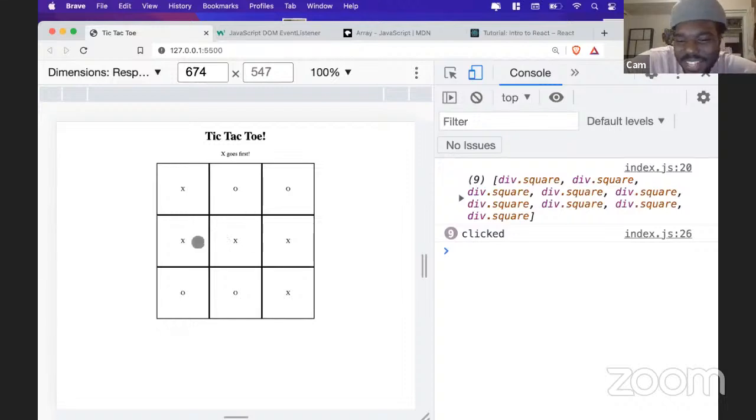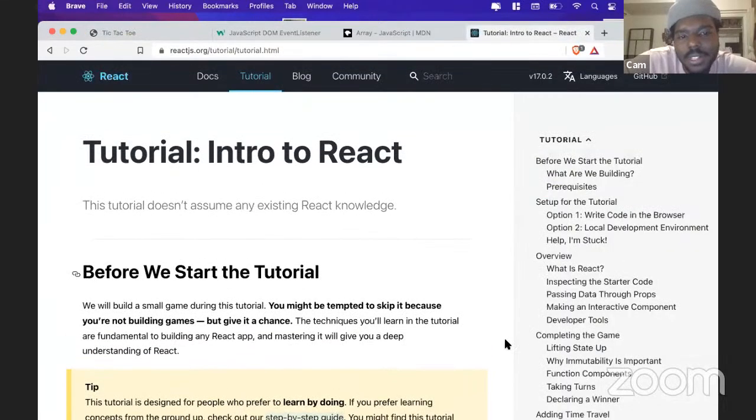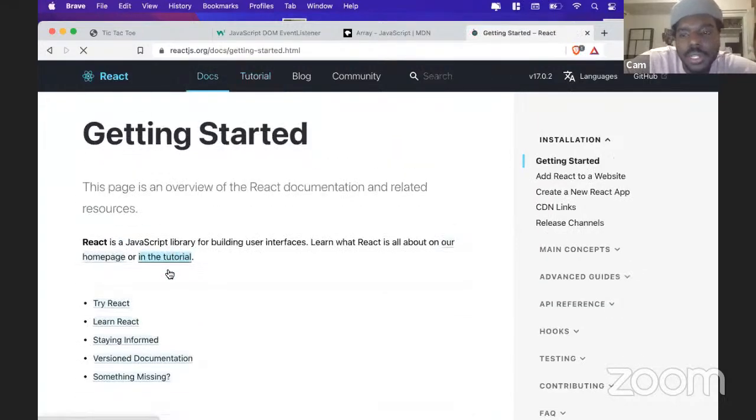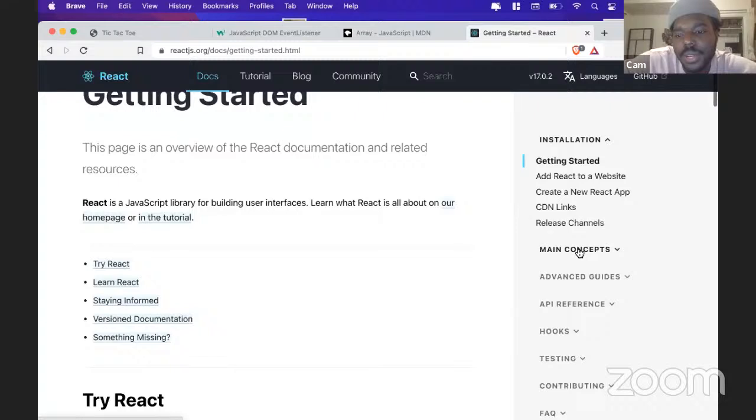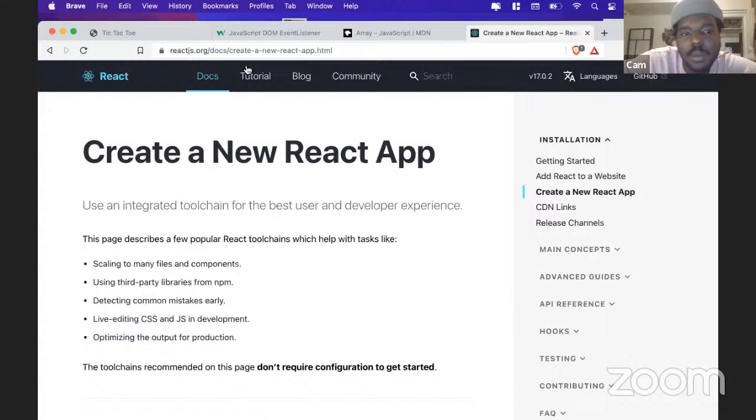And yeah, it's just cool to know that you have your first something nice that you built real quick in the first couple of weeks of class. So this is a great tutorial to walk through. Definitely recommend that you take a look at the tutorial there. And if not the tutorial, just looking through some of the docs, right? We're going to be going through the main concepts here of React and creating a new React application starting on